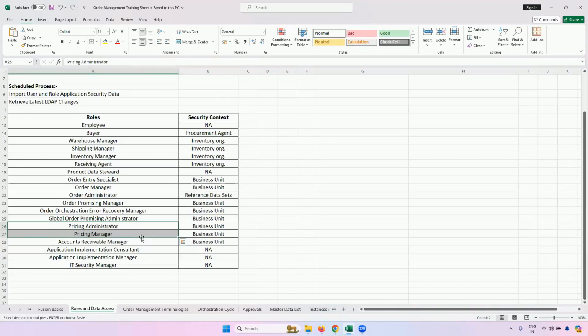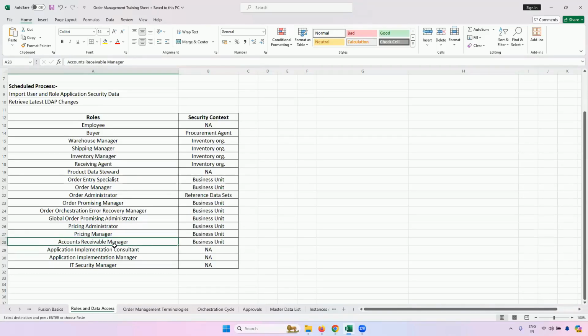There is a predetermined price, there is a discount, there are taxes, there is a cost factor, there is freight, there is a shipping cost, there is a packaging cost. There are so many things involved in pricing. The pricing administrator configures all the tasks, and the pricing manager is able to determine the price for that item, and is able to change the price of that item.